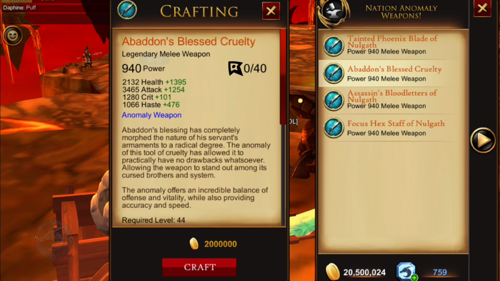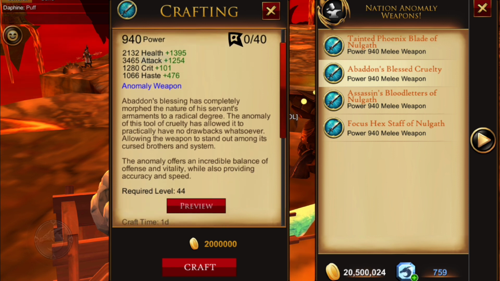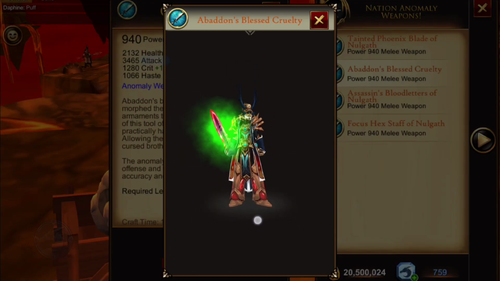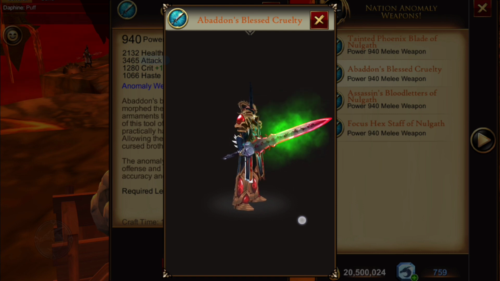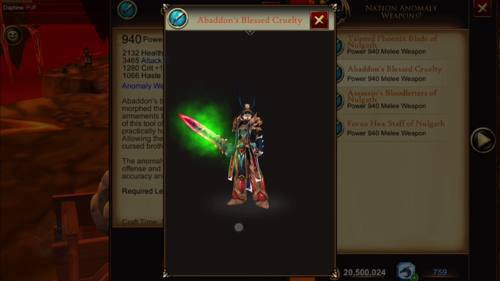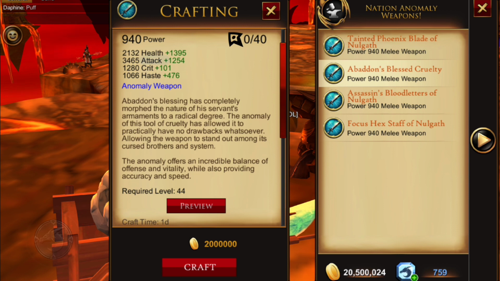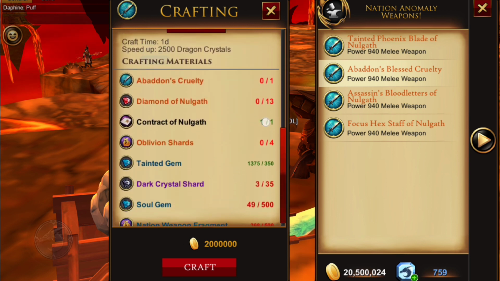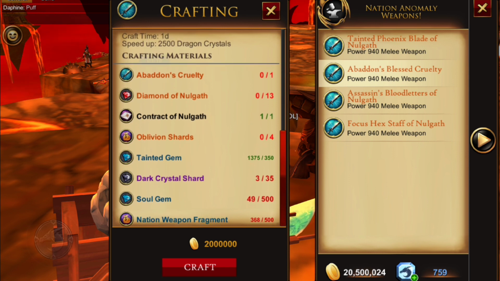Abaddon's Blessed Cruelty, on the other hand, I believe is the best weapon overall stat-wise. But let's preview it. It is also god-awful ugly. I have no idea why they decided to put green on a red and black sword, but it looks horrible. And it has a little fewer requirements. You still need 13 diamonds, but you only need 4 Oblivion shards and no perfect tainted runes,